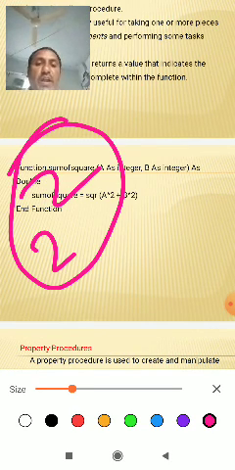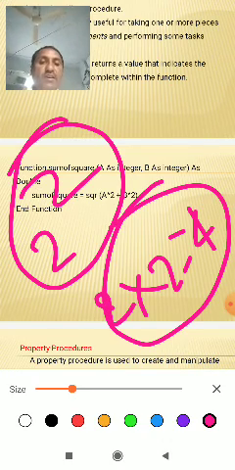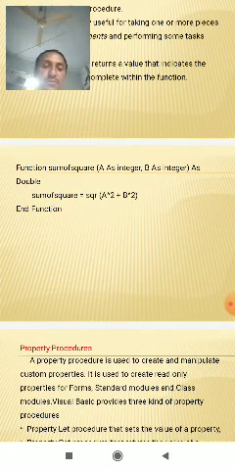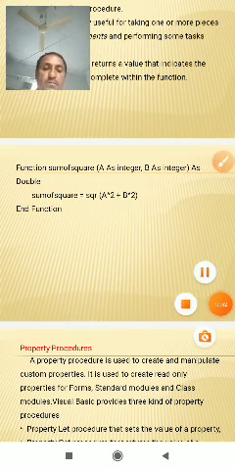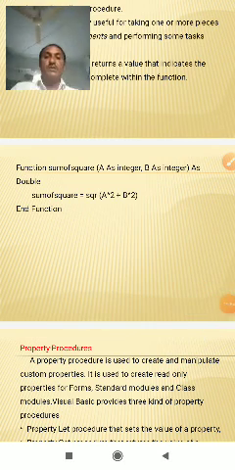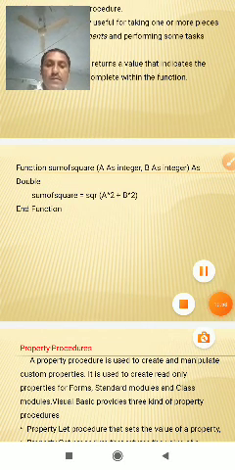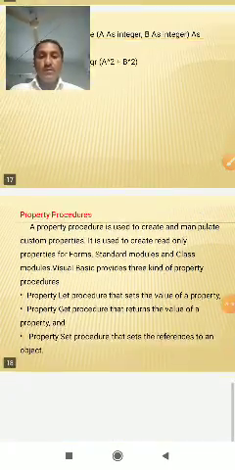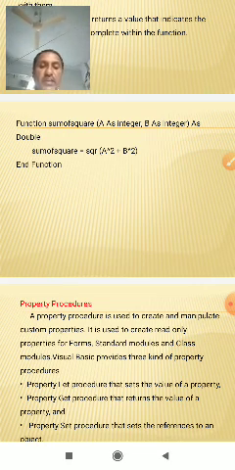This is the given result. That is the end of this program. So this is the function.